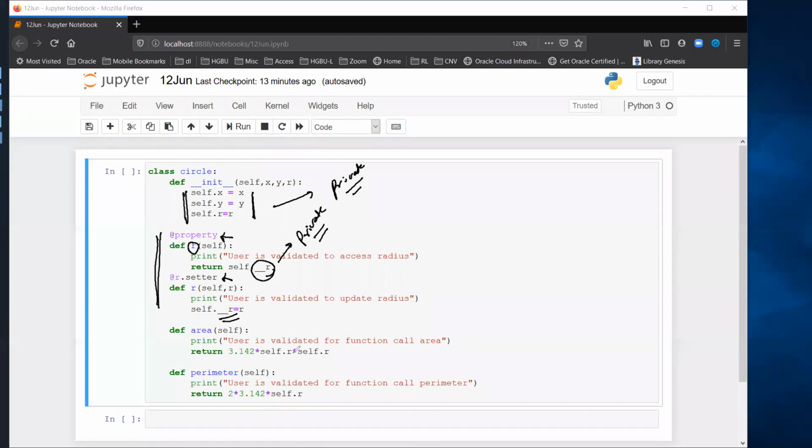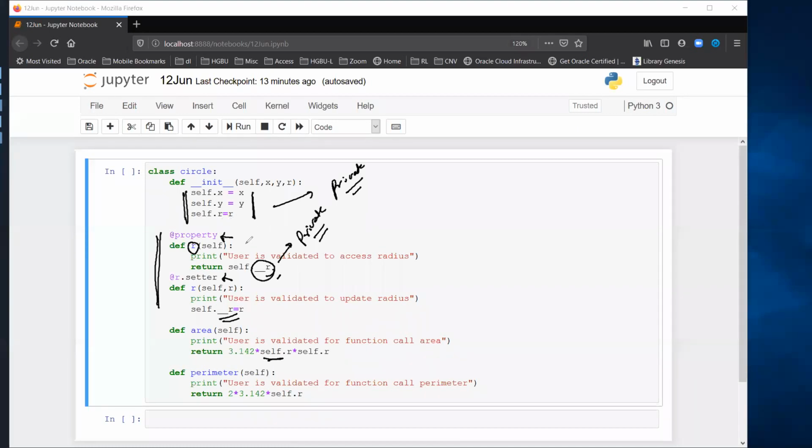That is one way. Or instead of this, you use the function. Okay, here there is no function, so double underscore r is what you will be using. Once you have done that, you will see that you will not be able to directly access self.r.